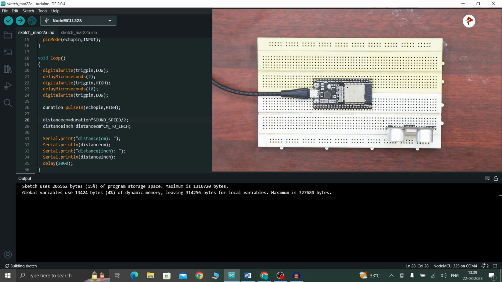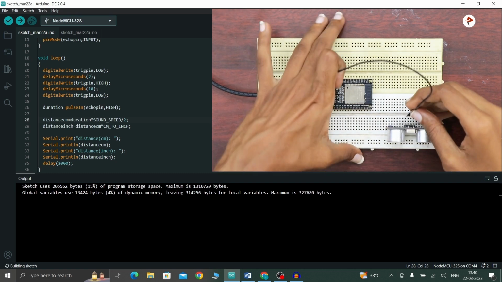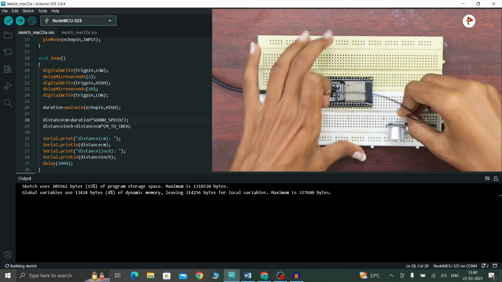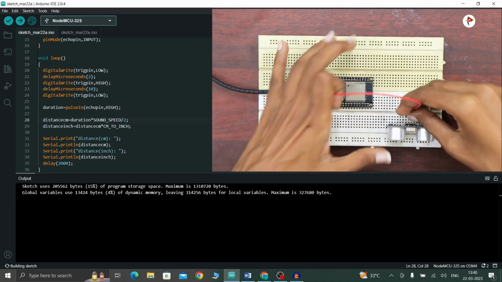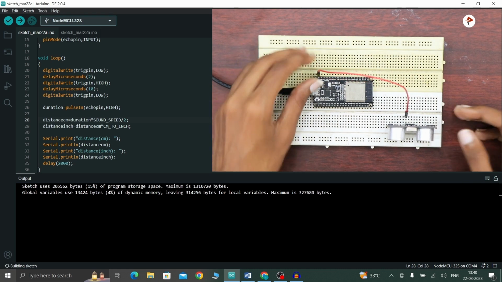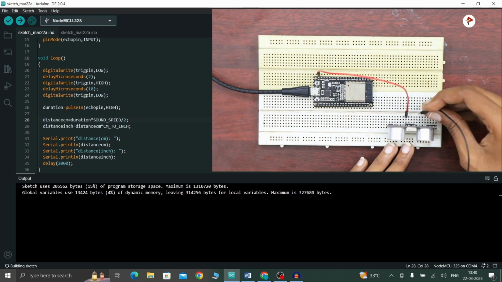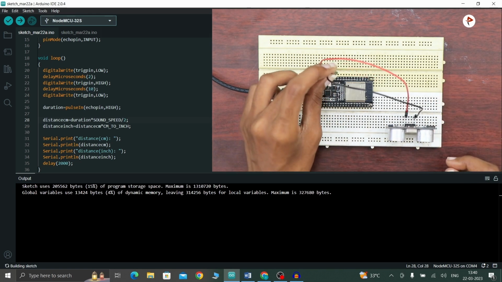So let me connect the sensor with ESP32. So first, the VCC pin has to be connected with V5, which is 5 volt, and then the ground pin with ground,